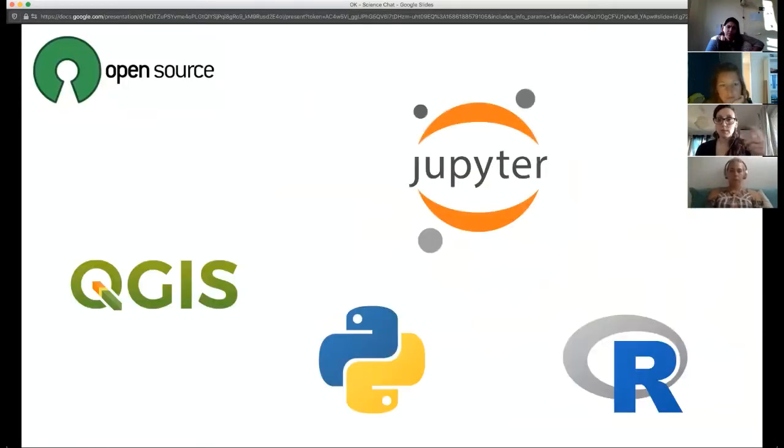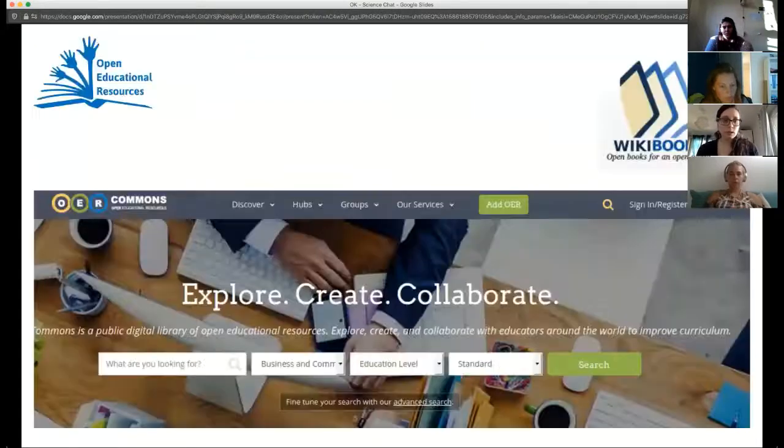Open source software, some examples of open source software that people use every day. QGIS, if you have geographic information to analyze and you need open source software to analyze it. Jupyter Notebooks for data analysis online, again, open source software. Python and R. I always put the same example, but the first image of a black hole that was obtained was obtained with open source software. So it's quite powerful. Open educational resources like Wikibooks, like this portal, OER Commons. This is more and more common everywhere.